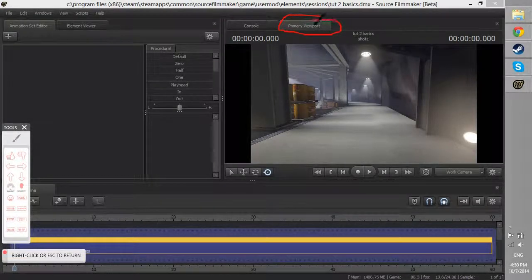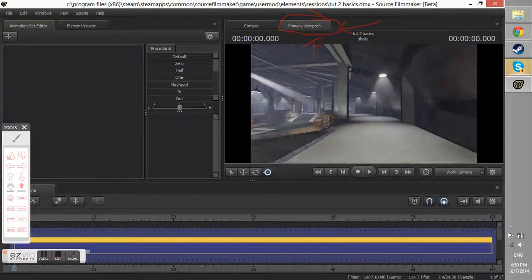So I don't really know how to use this program, the clip editor. Because honestly, I don't have any experience in this. This is like my second Source Filmmaker tutorial. But